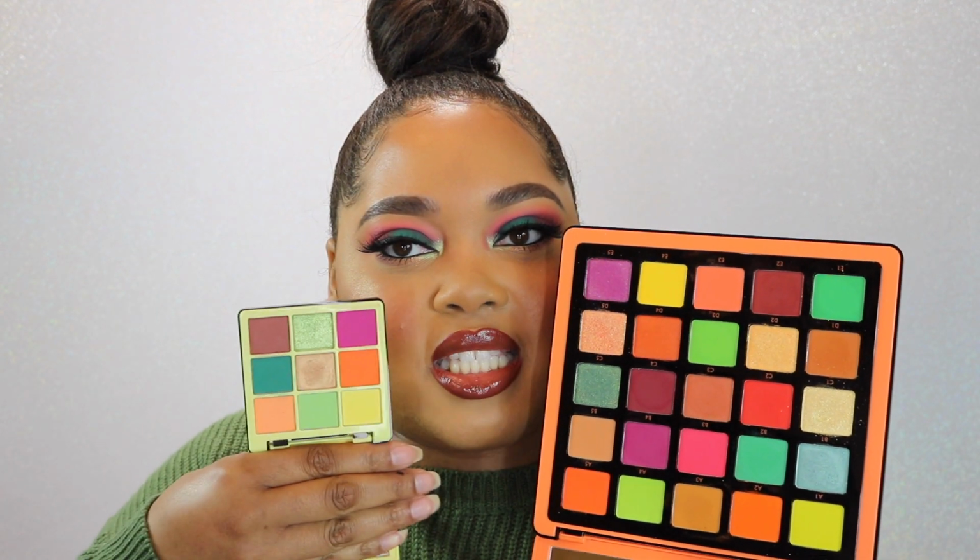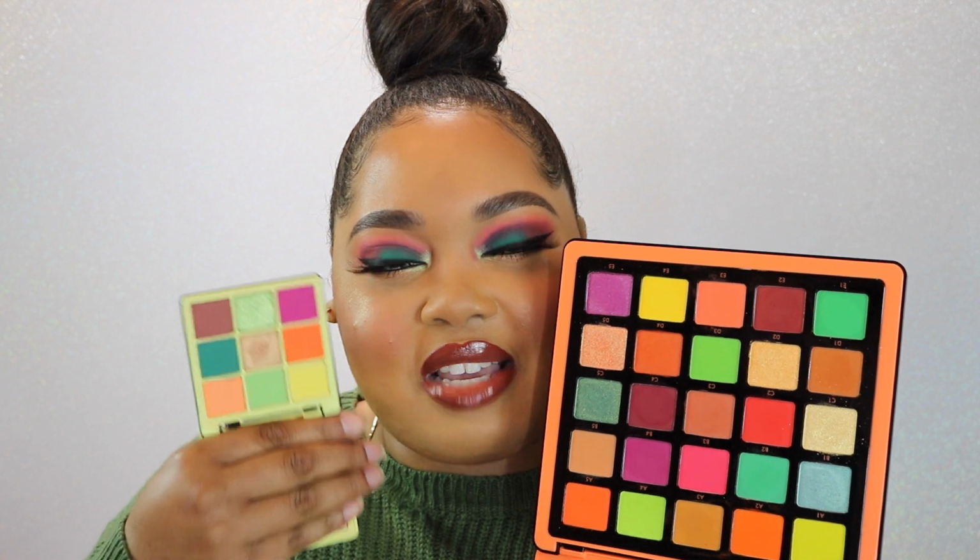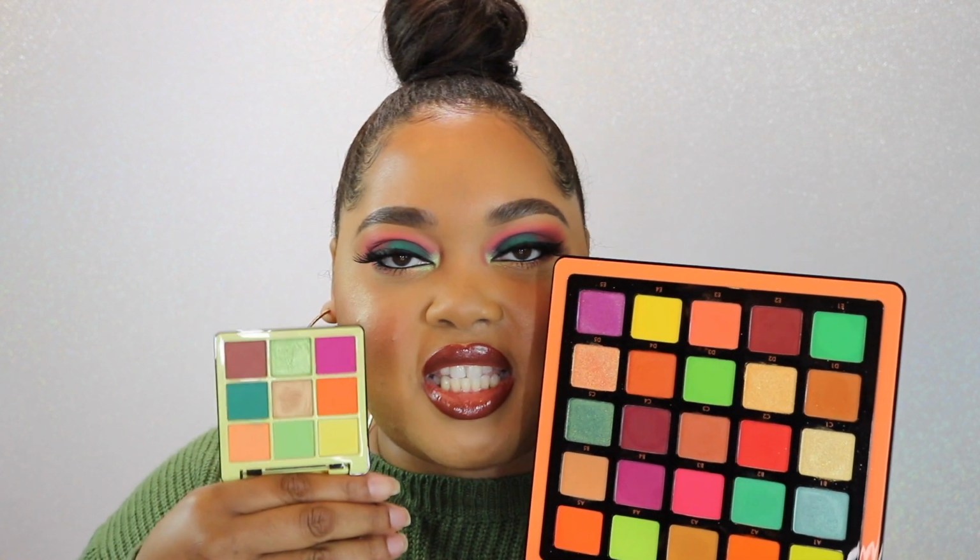Here's the larger Volume 3 palette, and you all can see it's very reminiscent of this one. There's differences in the colors. The most unique shade of the Mini Volume 2 palette is definitely this green right here. It's like a Gumby type green. Like I said, you can create the same vibe with the other eyeshadow palettes that she's already come out with,